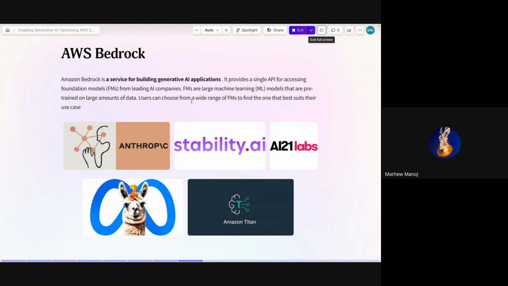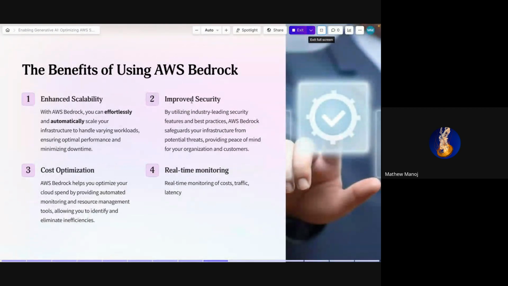These are just a few of the companies that provide the foundation models. And as I said before, it is effortless to scale.